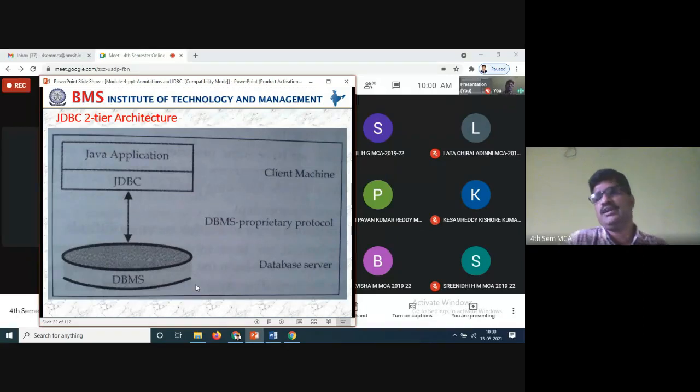Normally, when we are using web services on the web, we are not seeing any DBMS. That is the back side where they store the information. You might have seen some business applications like Flipkart or whatever it may be.